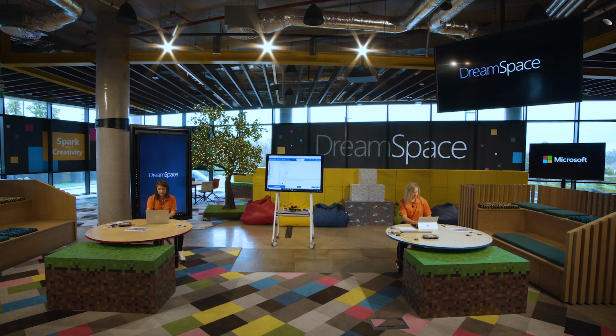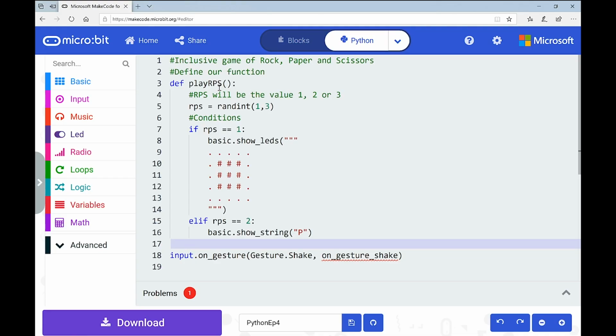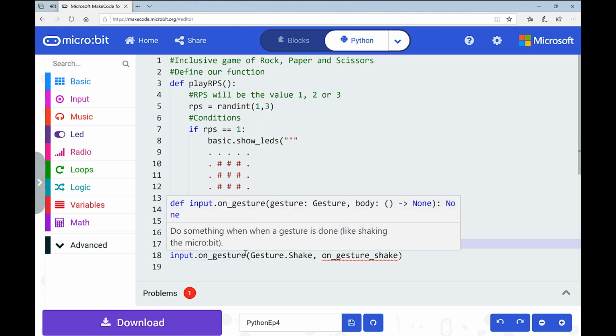Now you could say elif RPS equals 3, but you don't have to. So it really would be more correct for us to use else here. So that's what we're going to use, okay? Because remember, RPS is going to either be 1, 2, or 3, and as your code is checked by your program, it will see it's not 1 and it's not 2, so it has to be the last option, which will be else.